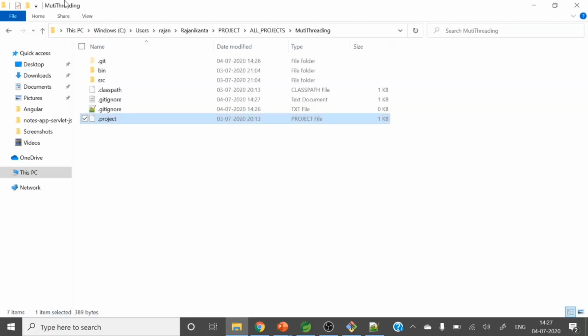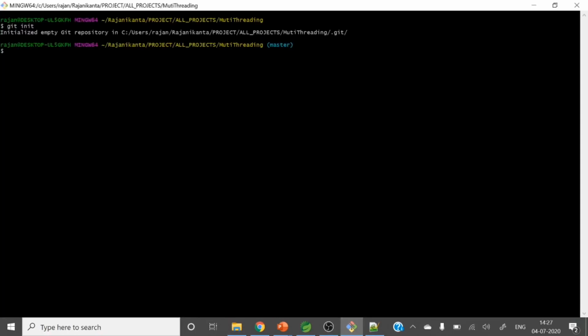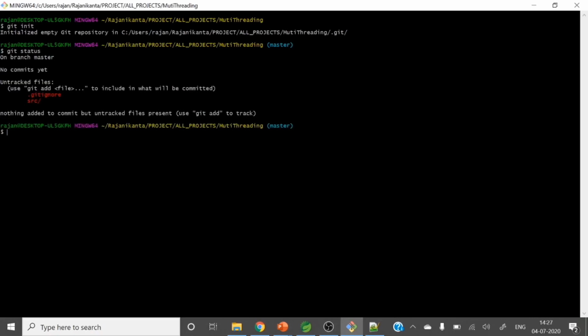Okay, I have saved. Let me delete this .txt file. Okay, so again let me go to git bash, git status. You can see this is ignored, right? Sorry, I mean only these two things we need to add.